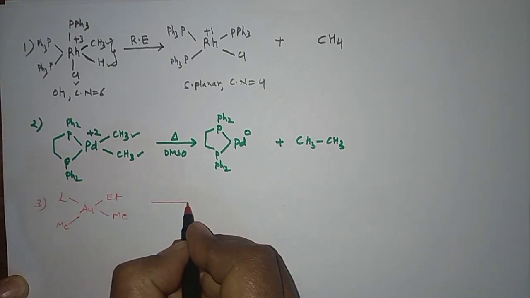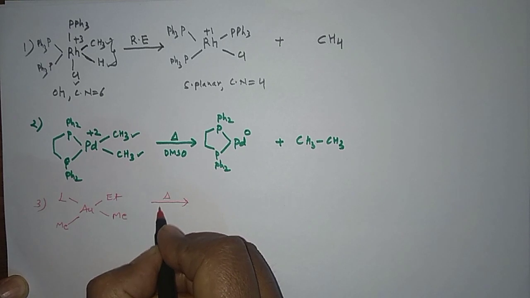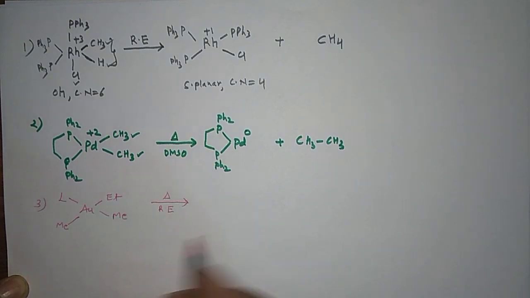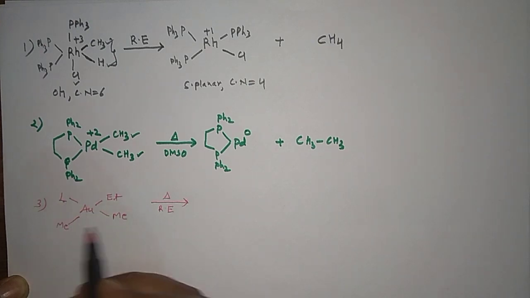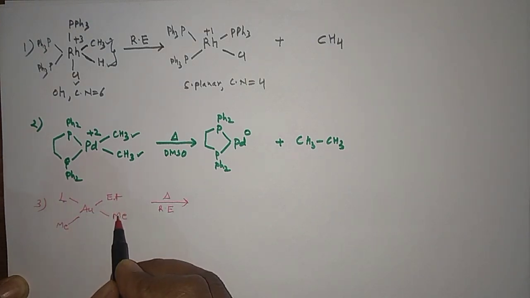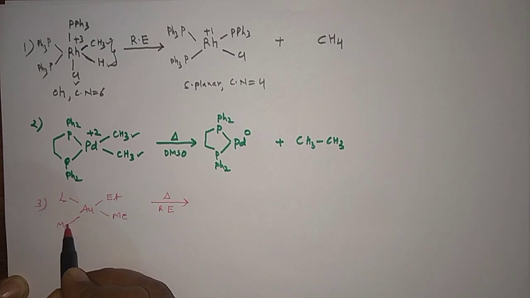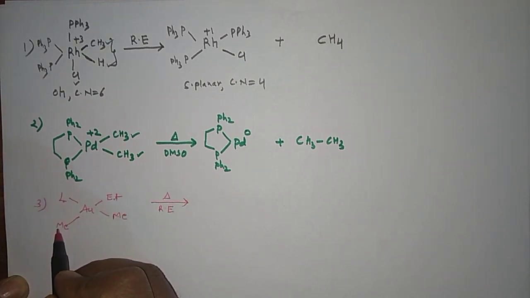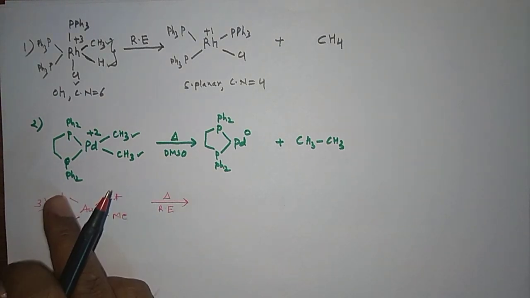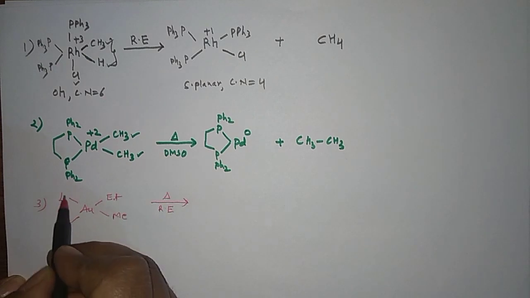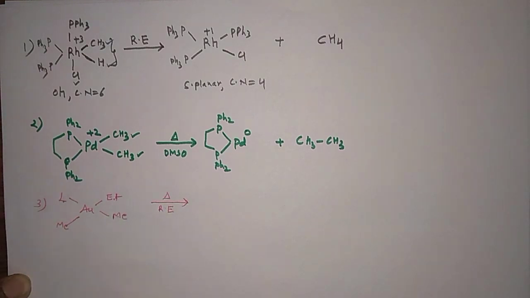What you will do is the reductive elimination for this one, RE. So this and this have a cis relationship, 90 degrees. These two have the cis relationship, 90 degrees. Because they are at 90 degrees, but this L is not defined, we will not focus on this particular L. However, if this L is defined, then you have to consider this L also.